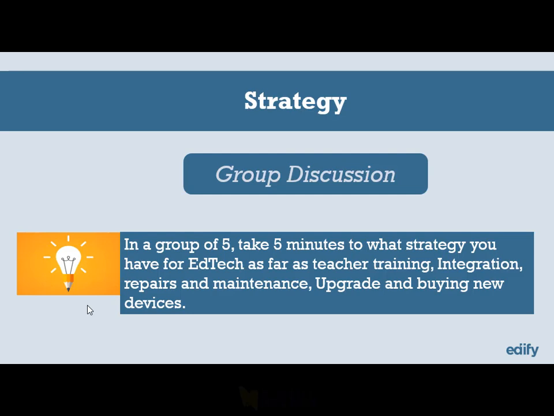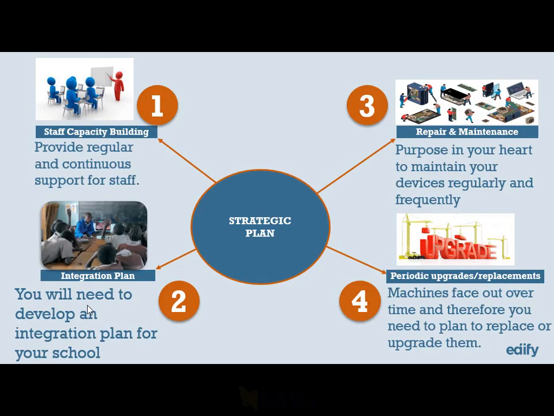And of course, you are with us. We're moving together, so let's ensure that we connect. We have a strategy. So let's talk about the strategy that should be in your school. In your school strategic plan, it is important that you focus on capacity building and you provide regular, continuous support to your staff. You'll have a successful school because the staff members are good. It's like football. If you don't have your staff well trained, then you cannot be a winning team.